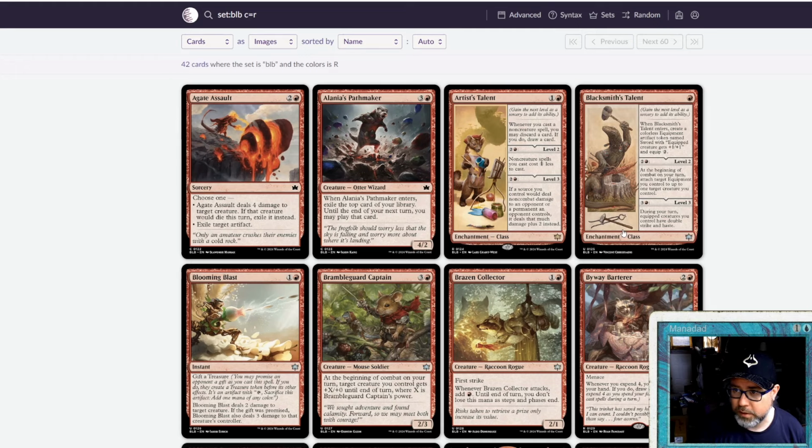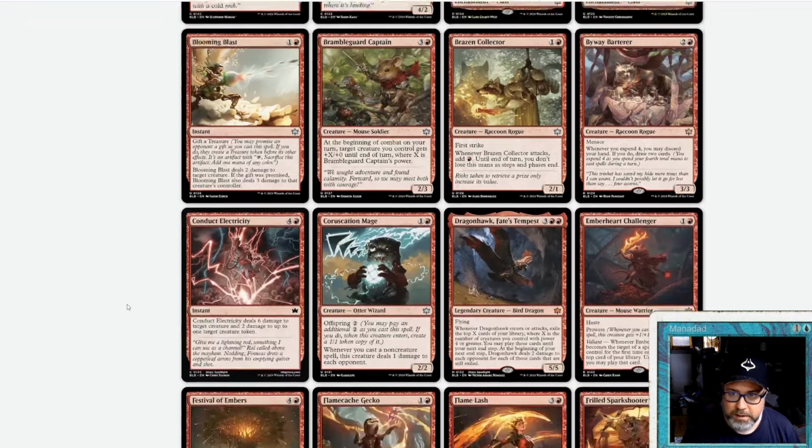Blacksmith's Talent. So here's maybe a possible replacement for Kumano Faces Kakkazan. You get 1 mana. You get an equipment that equips for 2. That's a +1/+1. And then for 3 mana, you can get a free equip. And for another 4 mana, equip creatures, you can roll a double strike and haste. Hey, I mean, that's a possible win condition. I don't think that's the best, but